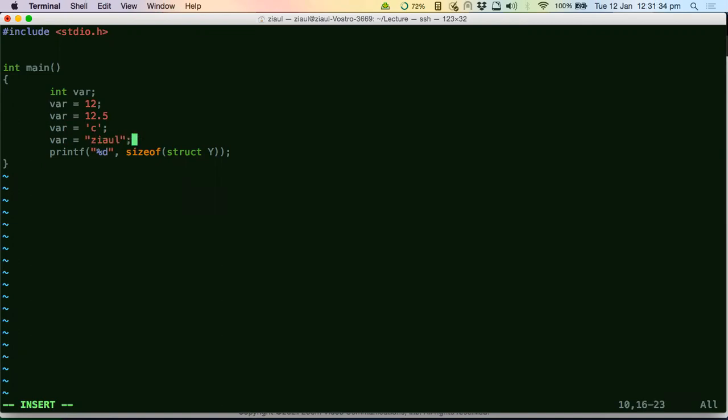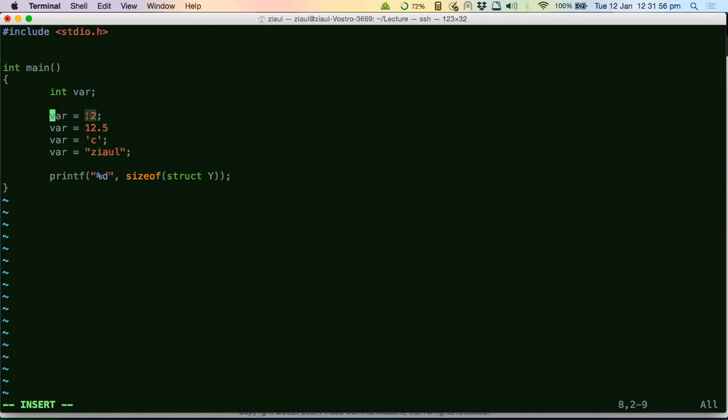Is it possible in any construct that you have learned up till now? Can I store different types of data in the same memory location? Because the memory location here is the variable, VAR, and I am trying to store in the same memory location an integer, a float, a character, and a string.